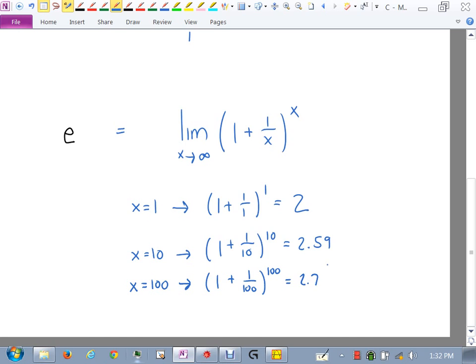2.7. And then if you go further and further, it's going to get closer and closer to e. e is exactly what happens as you go to infinity. So if I go to this whole idea of drawing this picture,